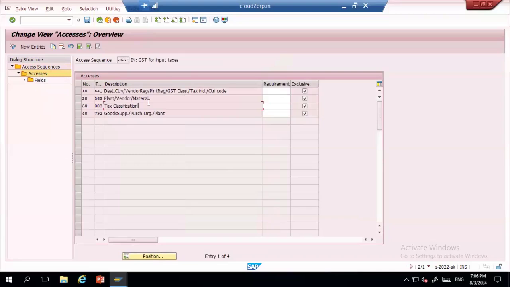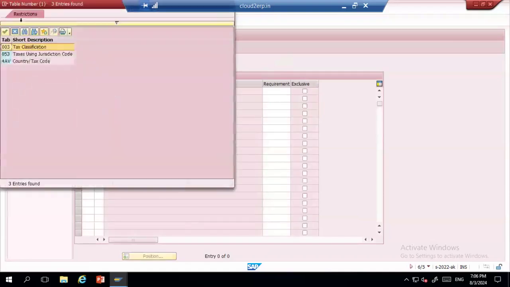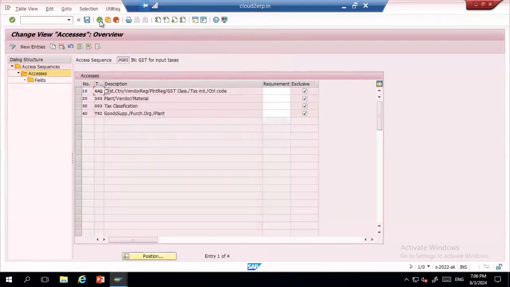So these are the tables which are predefined in system. Okay, so these are the predefined one. Let me check why it is not coming.